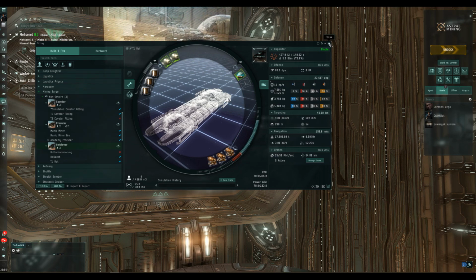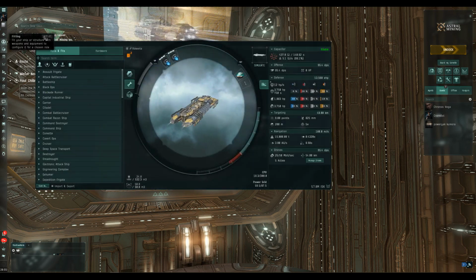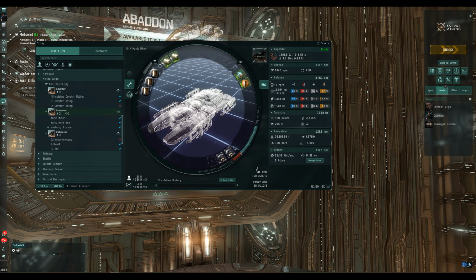Right, and last but not least, we have the mighty Procurer. Again, we're just going to look at a simulated fit. My simulated fit is actually my baiting fit. As you will see in just a moment, I'm going to put in our old Procurer fit, which we had in the olden days,